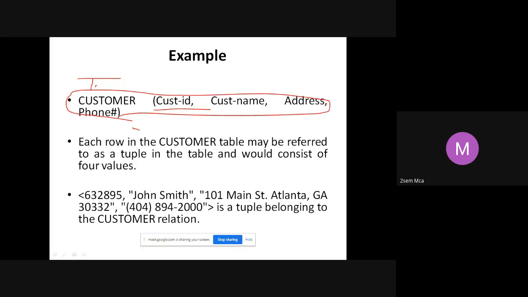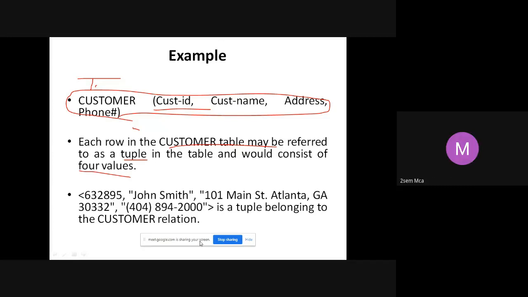The relation name or the table name followed by the set of attributes is what you call a schema. Each row in the customer table may be referred to as a tuple, and would consist of 4 values: one for customer ID, one for name, one for address, one for phone number.